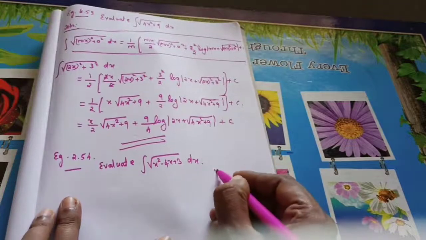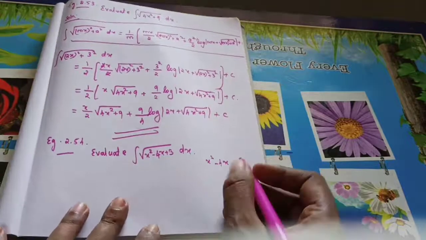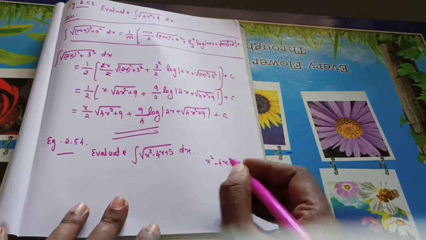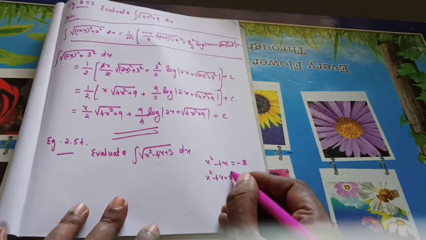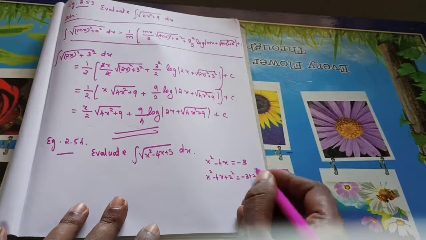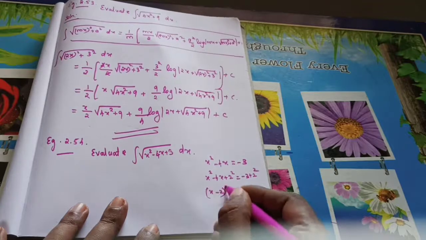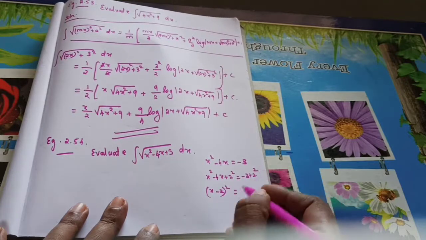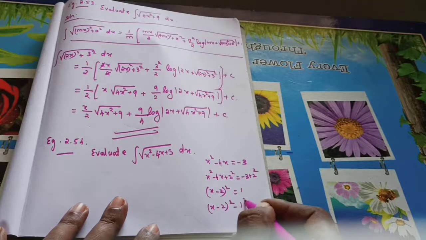So we'll use that. That is x² minus 4x is equal to, I am moving further, that is already you have learned, that's equal to minus 3. Next, what will you do? Half of the coefficient of x, so minus 4x plus 2², that's equal to minus 3 plus 2². That is (x minus 2)², here minus 3 plus 4, so 1 you will get. Bring this to here. That is (x minus 2)² minus 1².